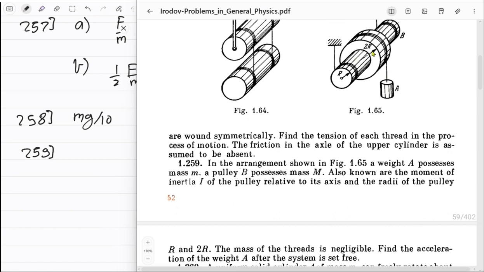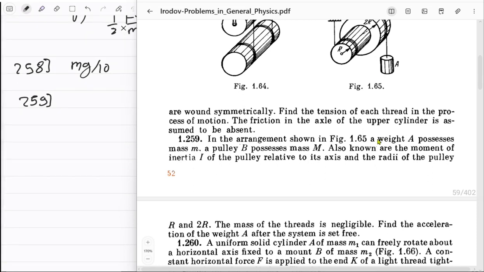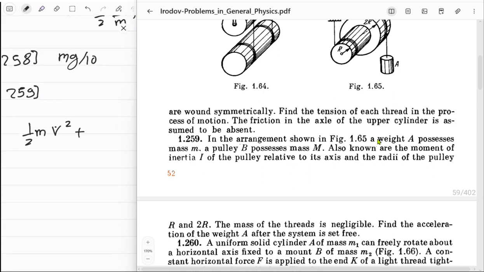Once again, you can just use the energy approach. Think about it. If this is going down with V, this must be going down with V upon 2. We just want the acceleration of weight A, so I'm going to use V for A. A is going down with V. This mass is just m, so half m V squared is the kinetic energy of A, and then plus